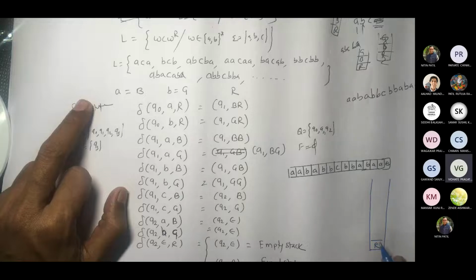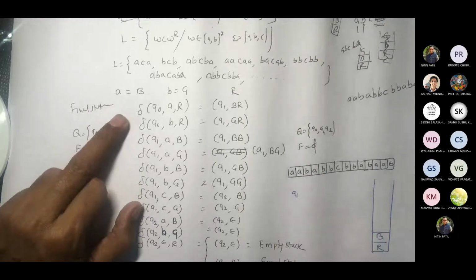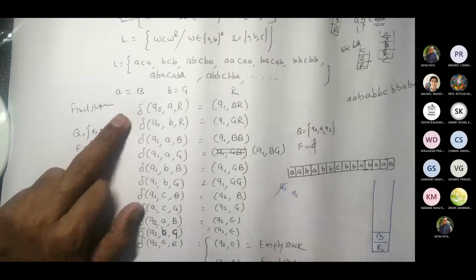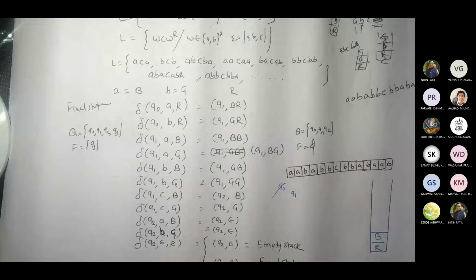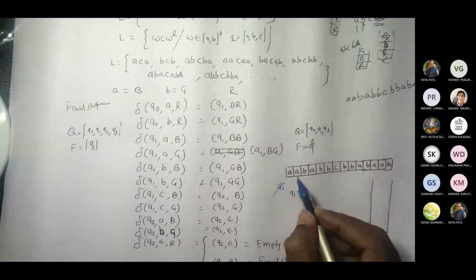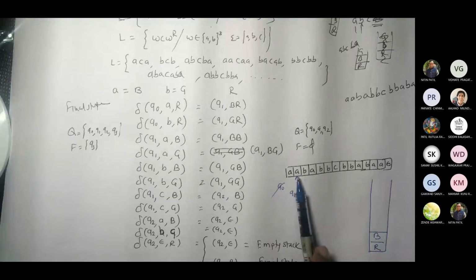Q1 BR. So that means we are going to push an element, correct? So we pushed it. Now we are in state Q1, correct? Earlier we were in Q0, so now we are in Q1. Kunj, let me know now. This is your second symbol. You are processing A. You are in Q1, getting A, and at the top of the stack there is B. So what should be the next plan or action for us? Kunj. So it is Q1 A B.